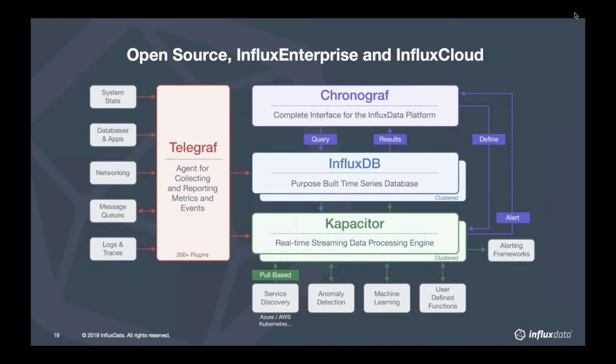So here is a view of the architecture, so you can understand better how things talk to each other. On the left side, we have Telegraf. That is our wonderful agent, and it is there collecting everything that you need to collect. Telegraf has more than 200 plugins to any kind of solutions that is out there in your current environment. We collect metrics from the system